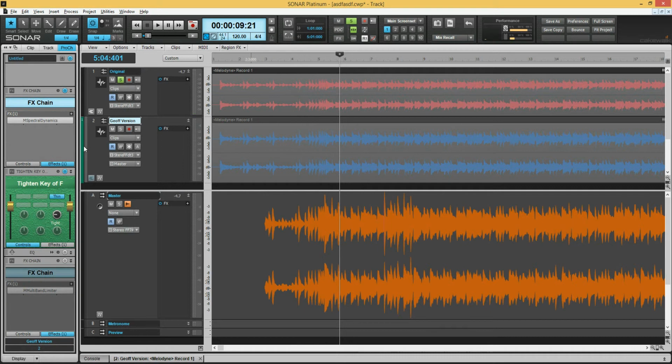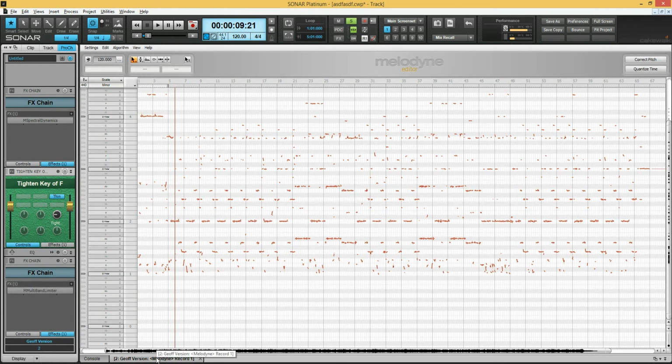So the first thing I did was make a copy of the track and pop it open in Melodyne so I could take a look and try to figure out the key or what was going on in the tune. And it looks like it's in the key of D minor. At least Melodyne comes up with that, I don't know. And I didn't play along with it or anything. I didn't get out my guitar. But in any case, from that,